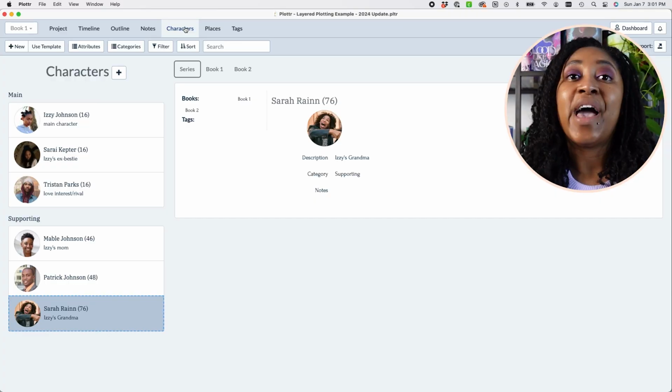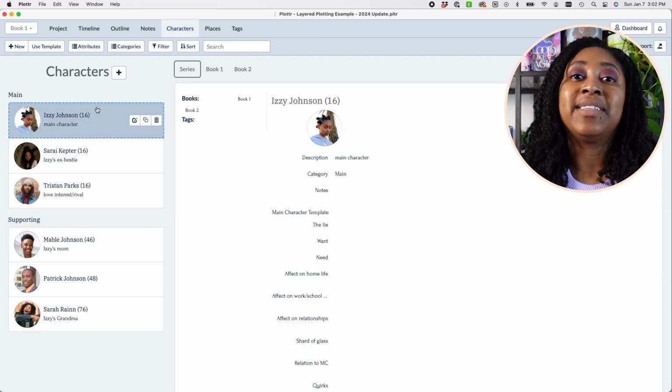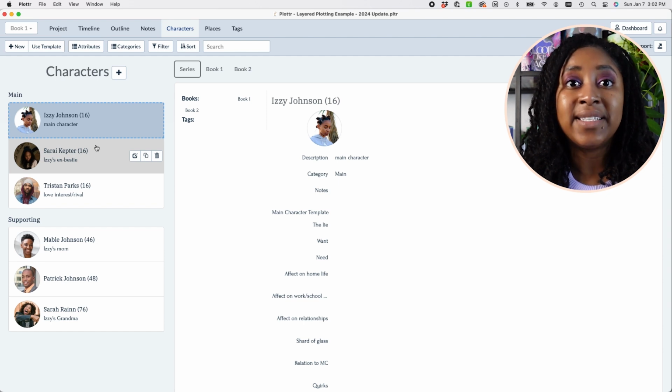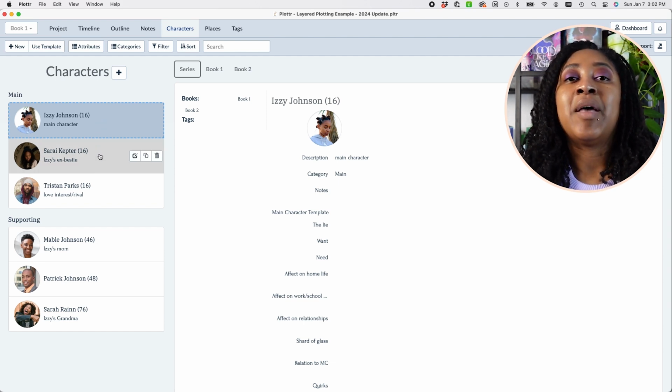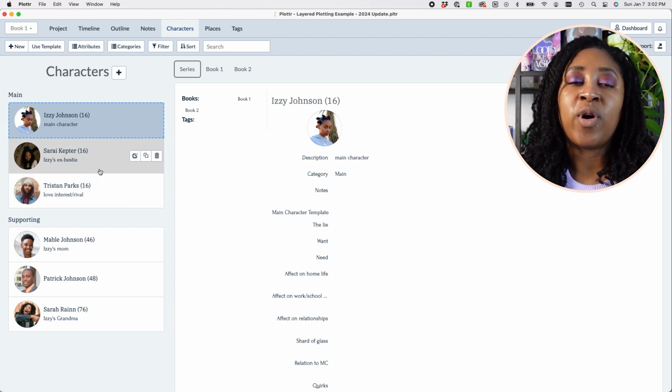So in that workshop, you can also see the way that I'm using Plotter in a more specific context. And the final big thing that I changed about using Plotter is that I started to take advantage of the world building features, which I had previously ignored largely. So Plotter has a section in which you can do places, so you can do the different locations within the setting, and then they also have that section for character where you can do profiles for all of your characters.